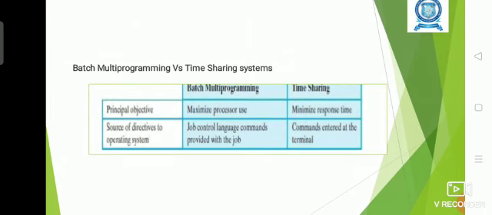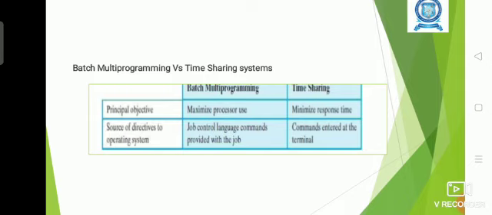Here we are seeing the comparison between the batch multi-programming system and the time sharing system. The multi-programming system is used to maximize processor utilization. The time sharing system is used to minimize the response time. Response time is the time at which a particular job has completed. So the time sharing system is used to speed up the executions,